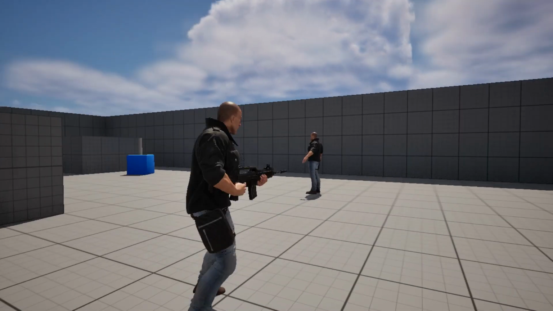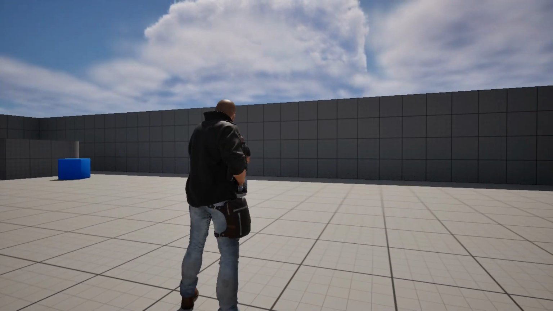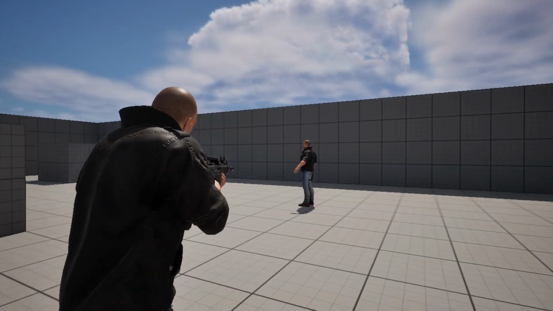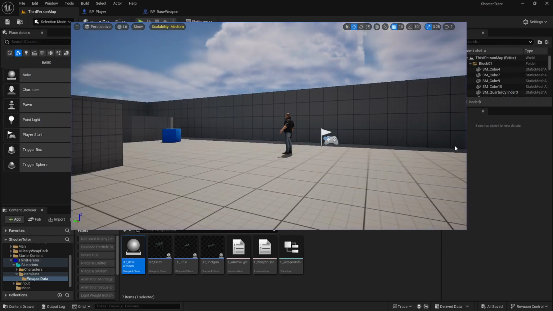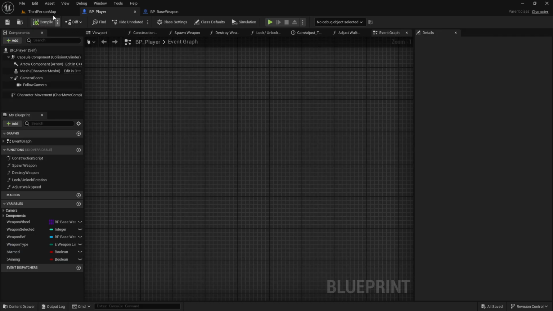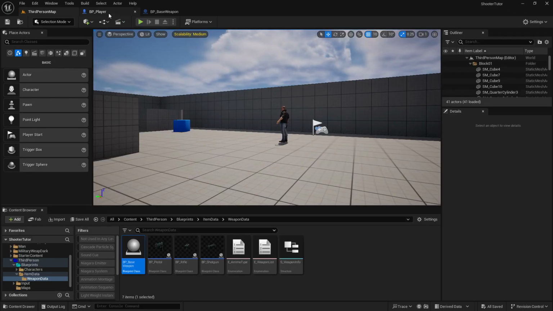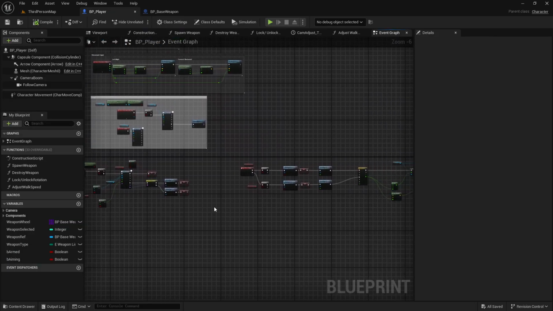Hello everyone! So our character can pull out a weapon and aim it, but what good is that without actually being able to pull the trigger? So let's set up our firing mechanism. I'm going to go into my player blueprint and